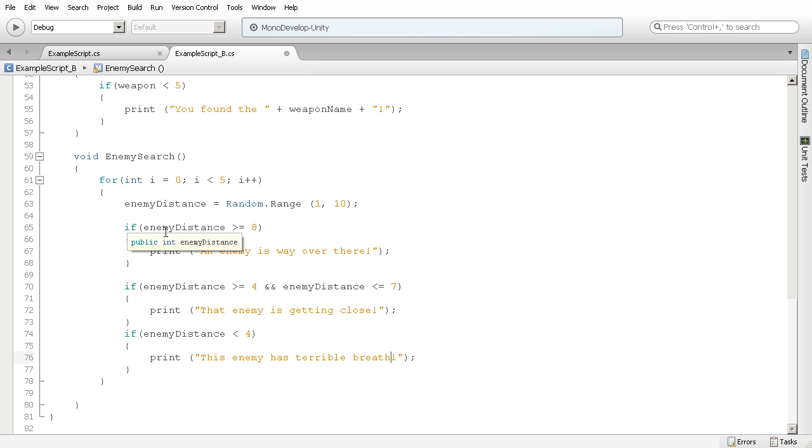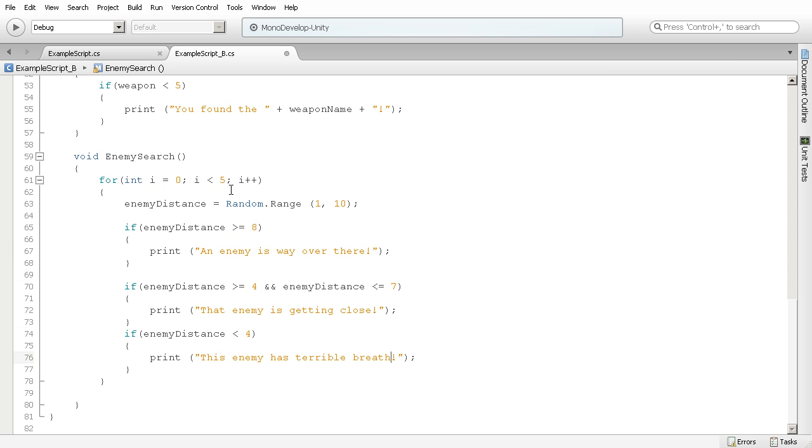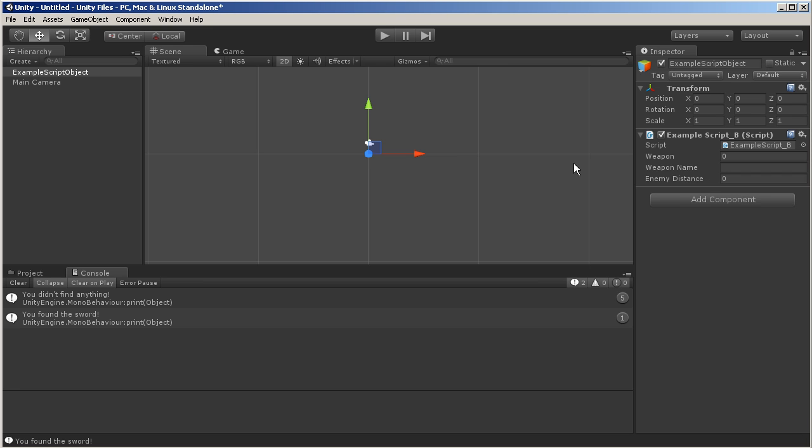Now, one thing that I want you to be very careful of is whenever you start using loops, it is possible to get stuck into an infinite loop. And so it would be my suggestion to go ahead and save your scenes before you go ahead and execute this code, so that way you don't lose anything, because it will crash Unity if you have an error in your loop. But with a for loop, just make sure you have those 3 elements. So let's hit Control-S to save this,